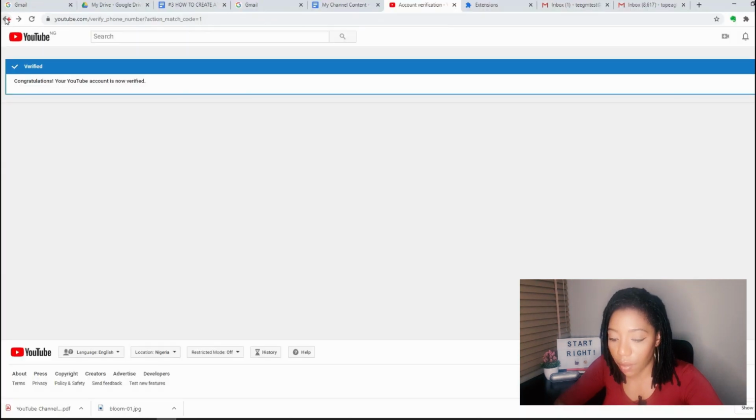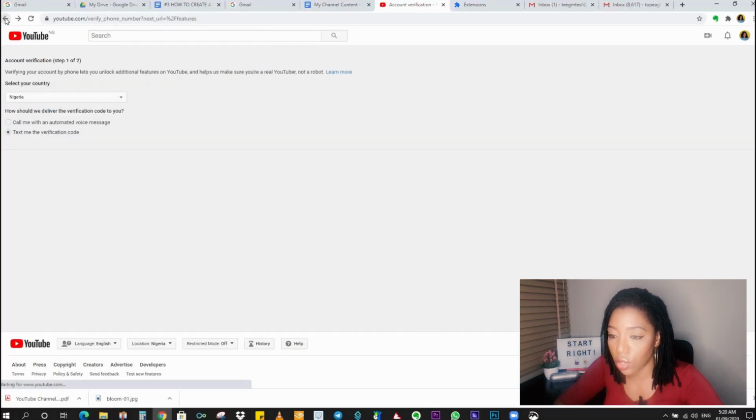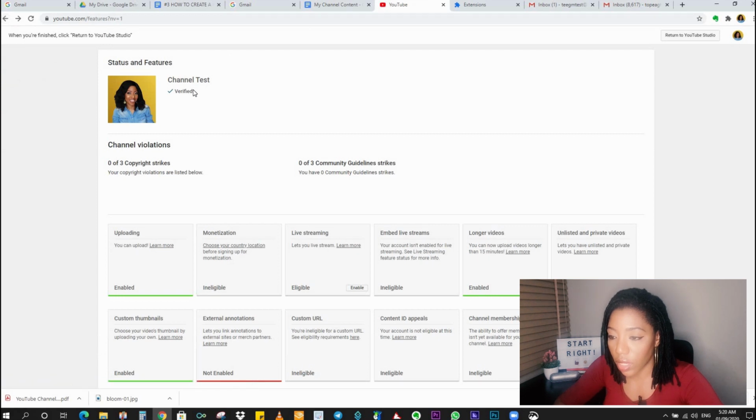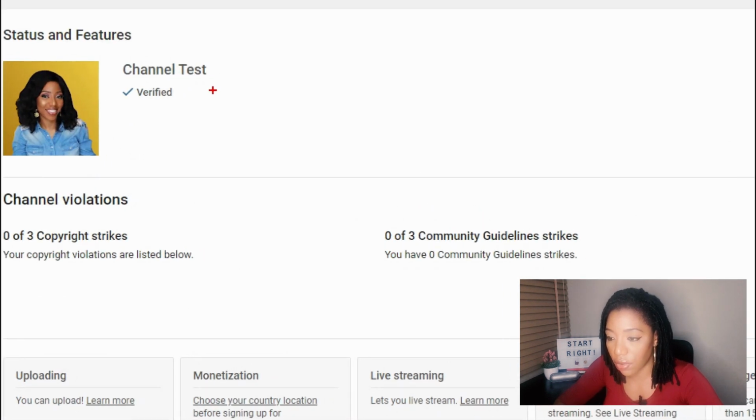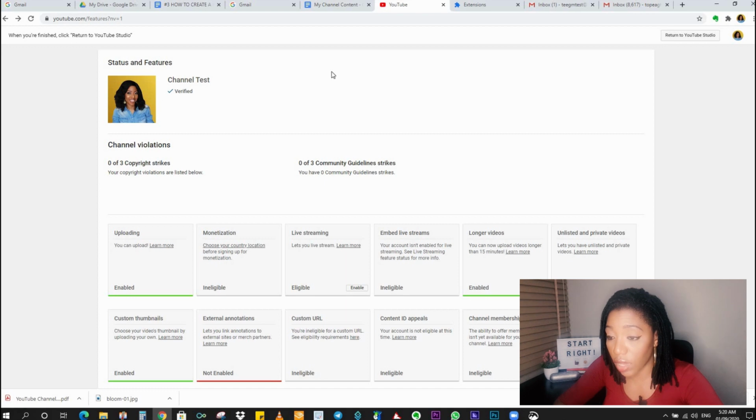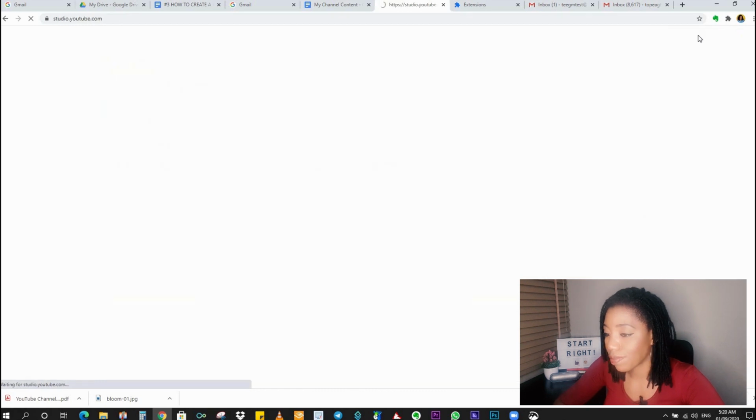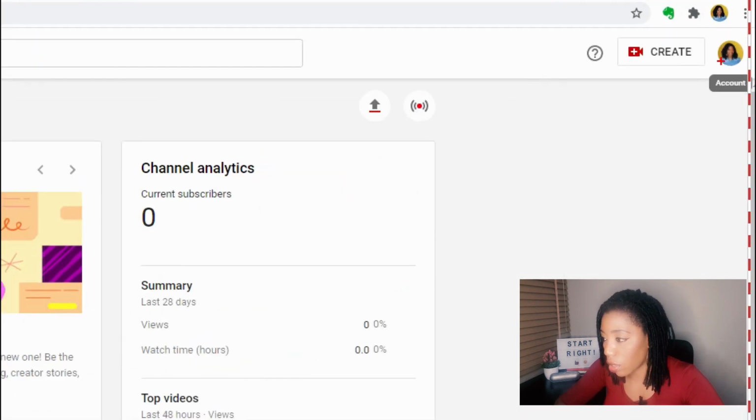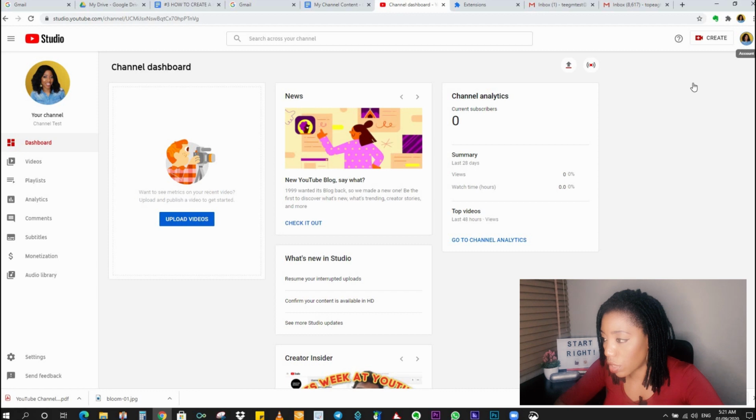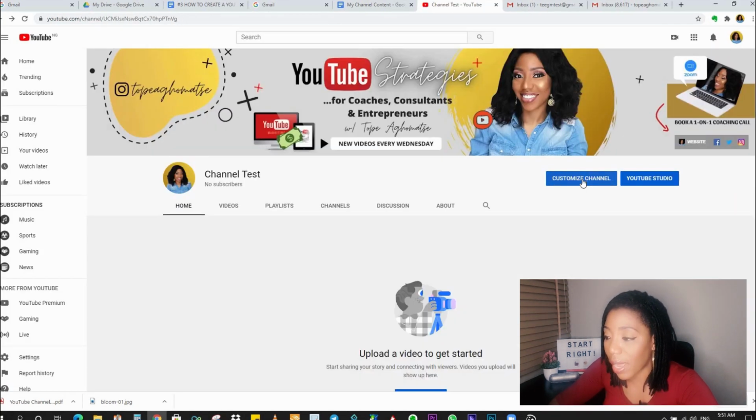Next, you want to click the back button here to go back to your channel. You can see here now that your channel says verified. If this doesn't show, you can refresh and you're going to see it. So at the top right here, we click on return to YouTube Studio, and then we click on the channel icon on the top right to return to the channel front page. Click on customize channel,